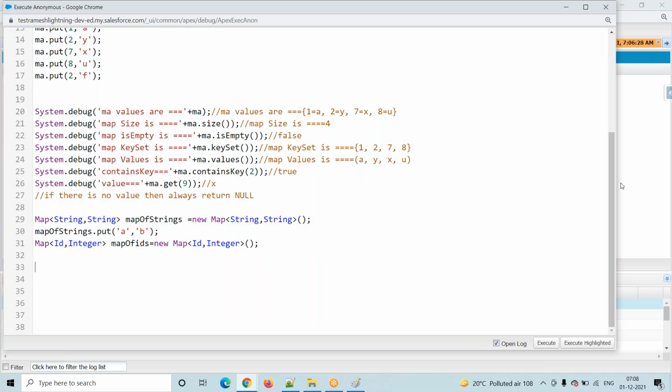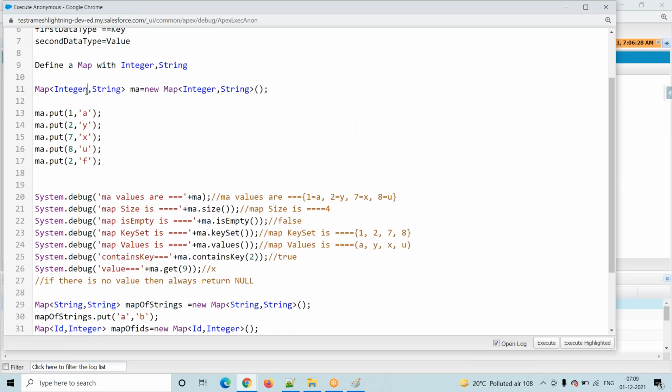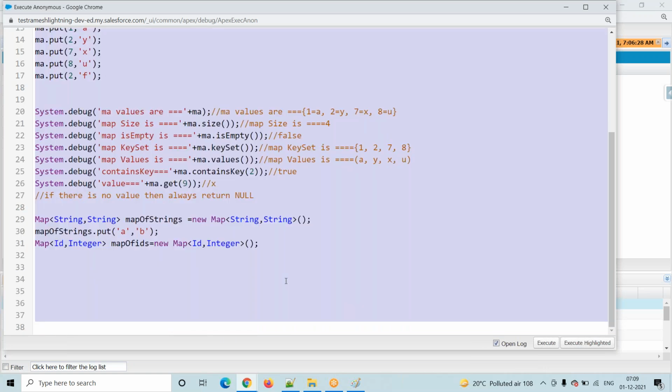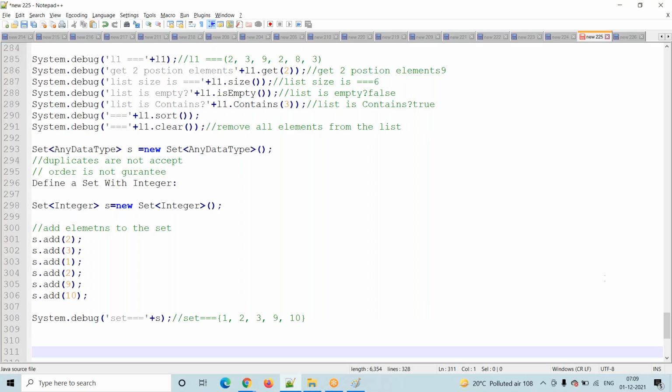We have to remember all these methods: first how to write a map, and how to add the elements, then the size method, isEmpty method, keySet method, values method, containsKey. Just remember containsKey: if it is there, then I want to get the value. The containsKey and get methods we will use regularly. Where and why we will use them, we will discuss. Okay, this is map.